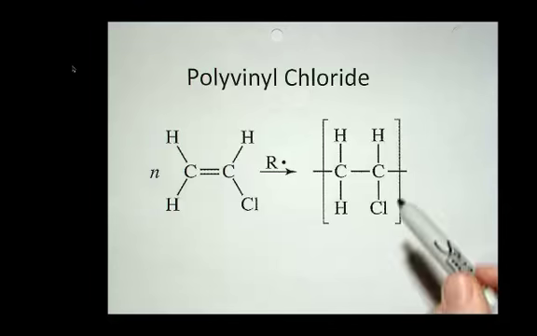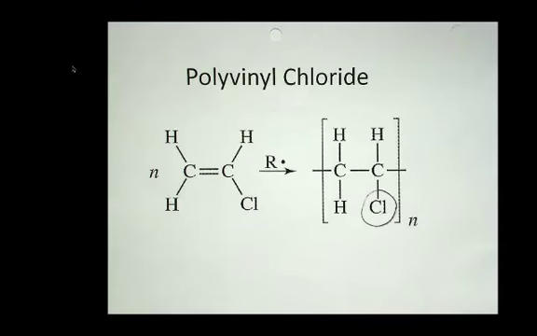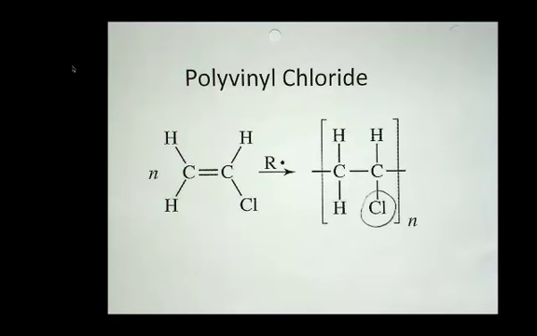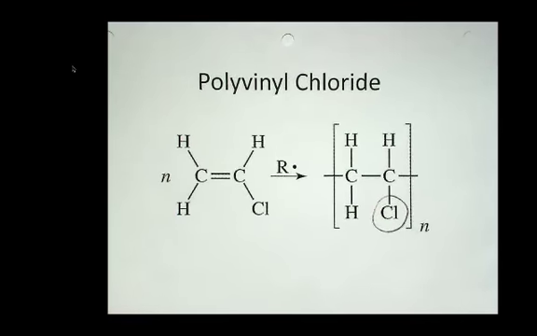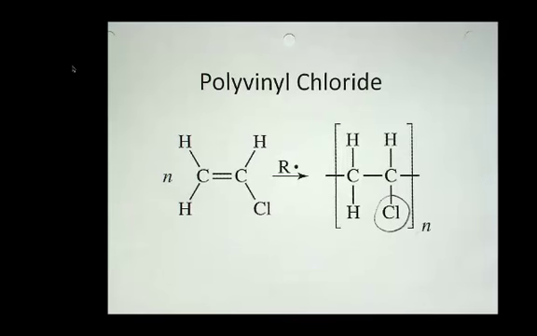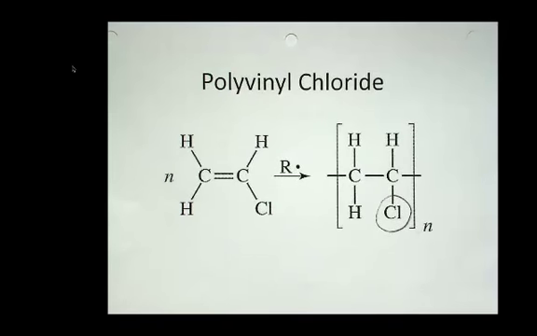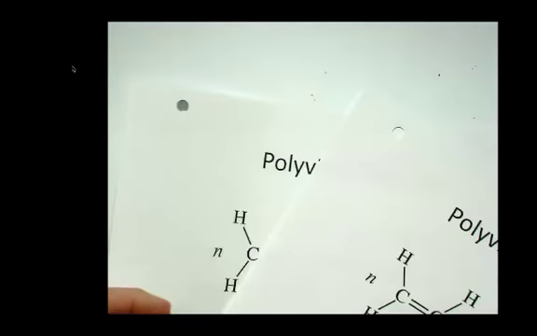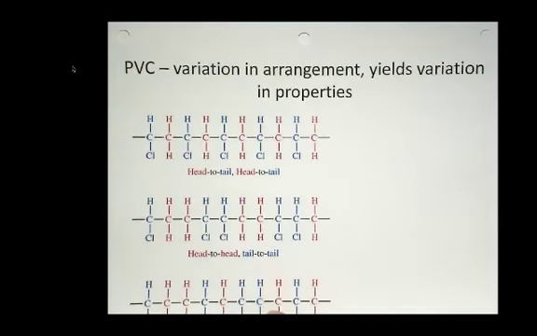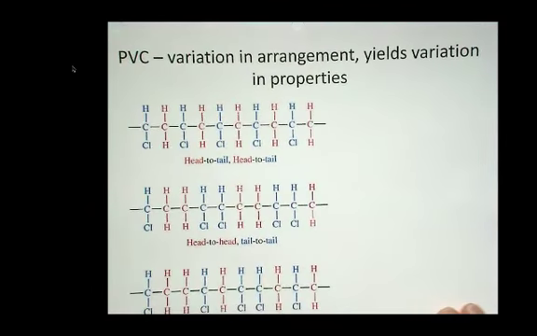So it looks very similar to the polyethylene, except polyvinyl chloride, or PVC, has a chlorine atom in place of one of the hydrogens. Now, when you make polyvinyl chloride, just like with the polyethylene, you can get different applications depending on if there's branching or not. The same thing is true with polyvinyl chloride, but the main difference that occurs in the different polymers is the arrangement of the